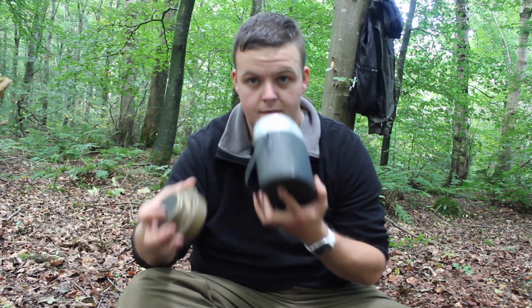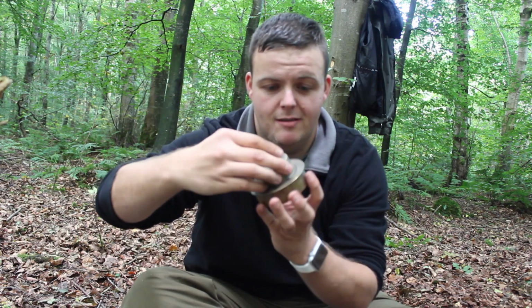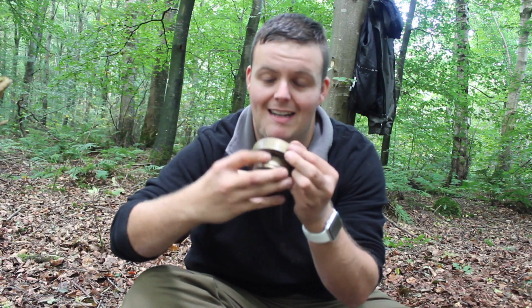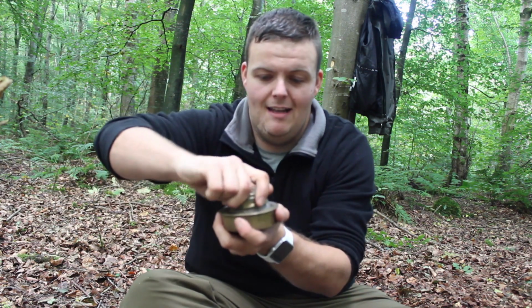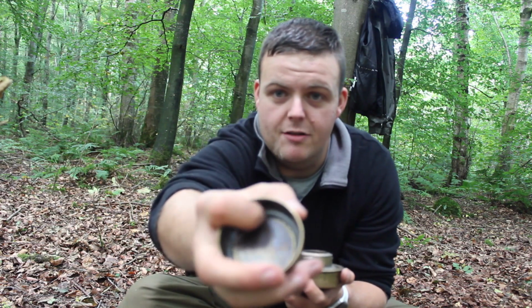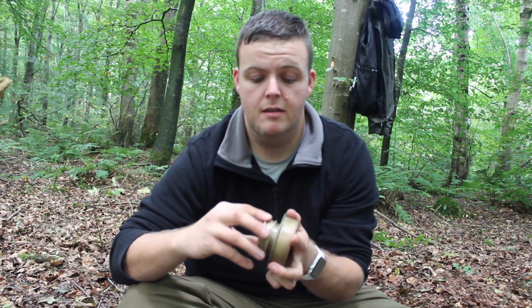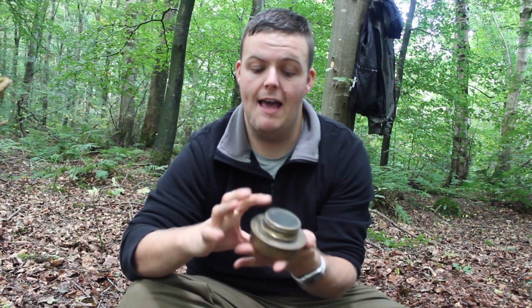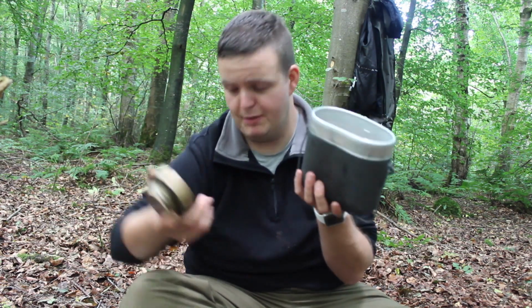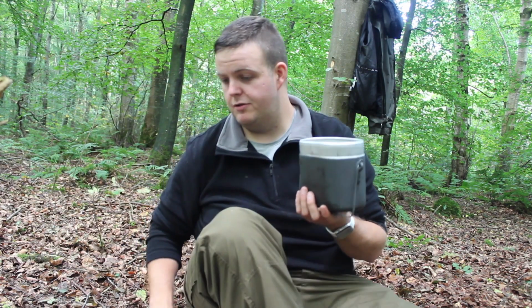with a triangular cooker. This is a triangular cooker, which is actually original Swedish. This is an 82 one from Sweden, and in here I've replaced the rubber seal. You probably can't see, but in here there's a rubber seal. I've replaced that rubber seal, which means it can actually store fuel if you want to. In the mess tin, so you don't even have to bring a fuel bottle with you if you're going out for one day. Today I'm not using this. I just keep it in here because it's part of the kit,